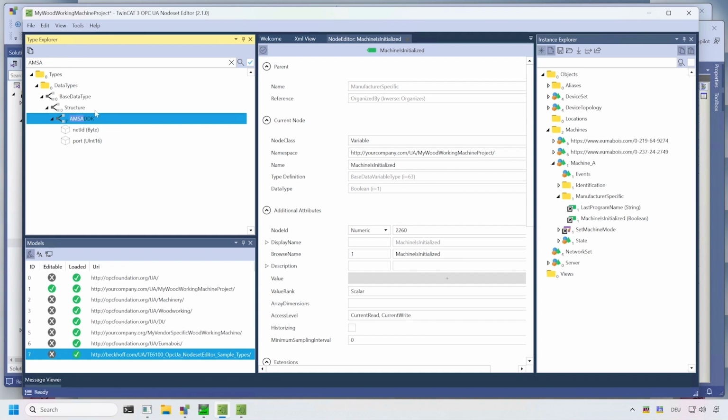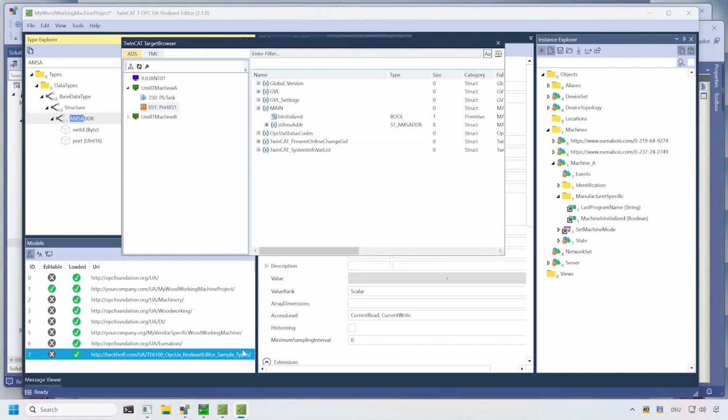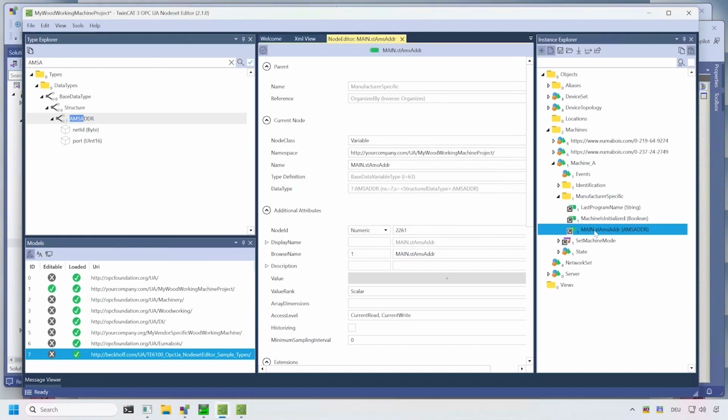So that's the type we want to use, but instead of boringly dragging and dropping the node the same way we did before with the Boolean, we can also take advantage of a convenience feature by dragging and dropping this variable and holding Shift. While we do so, we can drop this, and now an instance of that type has been created because the PLC knows what type it is, and we can now rename this to AMS net ID of machine. We can save this. Now we have added a simple variable and a structured variable,